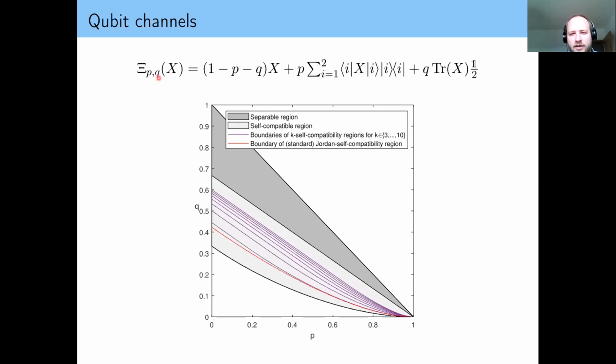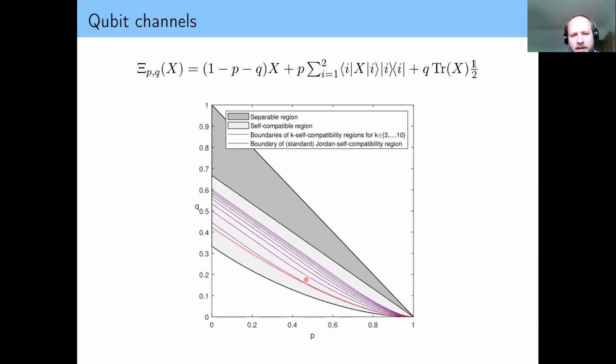So we call this the self-compatibility. And so what we can do with this channel is that we can find different regions of the parameters where different things happen. So at the top here, we have a region where this channel has a separable Choi state. And so one can easily show that it's self-compatible in here. And then there's this bottom curve, which is like the boundary of the compatibility region. So down here, for these parameters, the channel is not compatible with itself, and up here, the channel